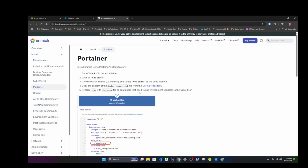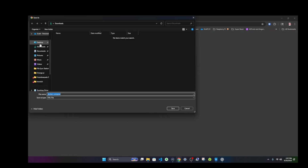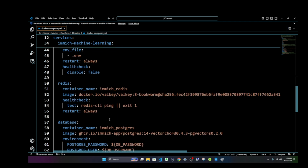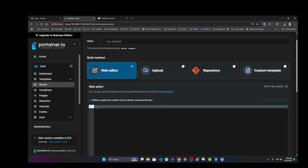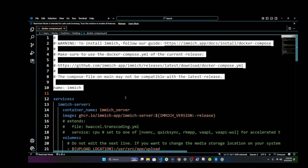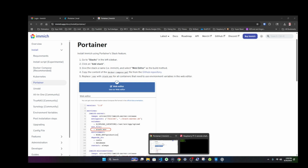And to access that, you want to click on this link, save it to our desktop. Here are the port numbers that it's going to be using. And this is the database information down here, the Postgres that we talked about. Essentially, you copy and paste the compose file over to your web editor. So we'll grab all this. You don't have to grab all the comments. Copy and go back to